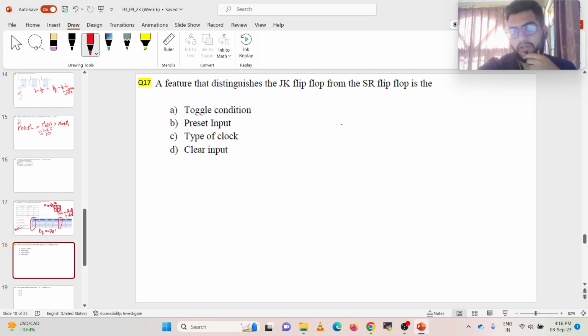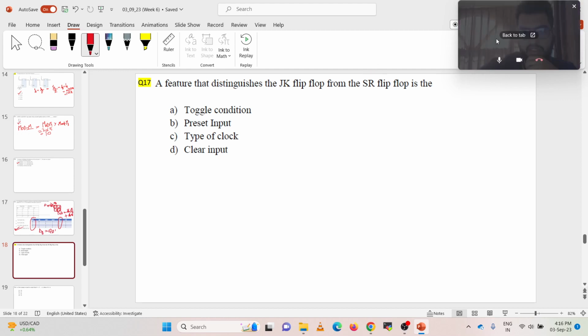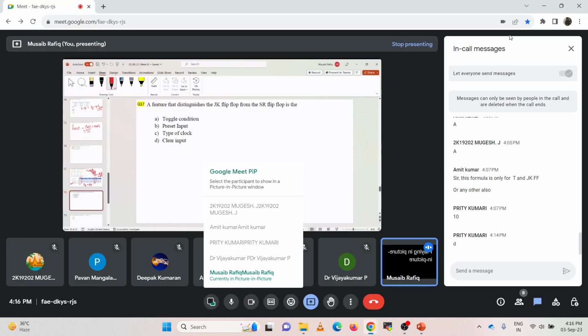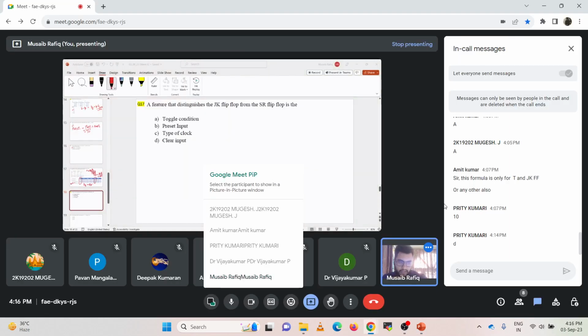Now I would like you guys to do this question. It says that a feature that distinguishes the JK flip-flop from the SR flip-flop is the A, B, C, D. You have three options and you need to write the correct option. So a feature that distinguishes JK flip-flop from the SR flip-flop is,